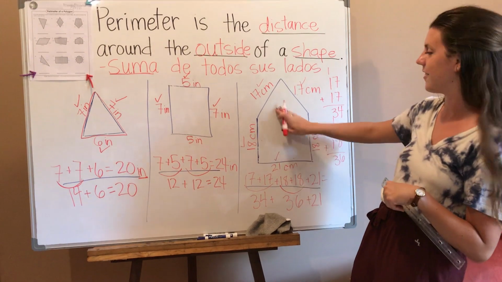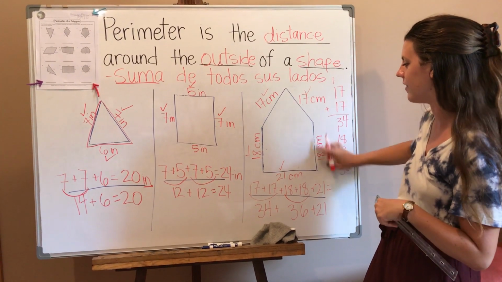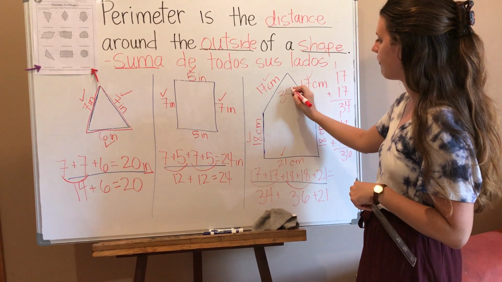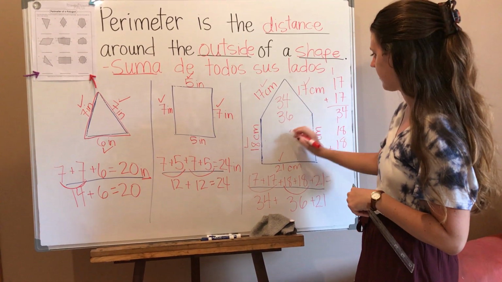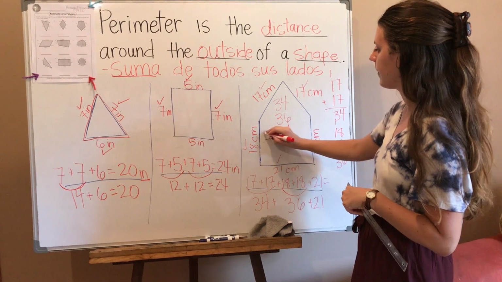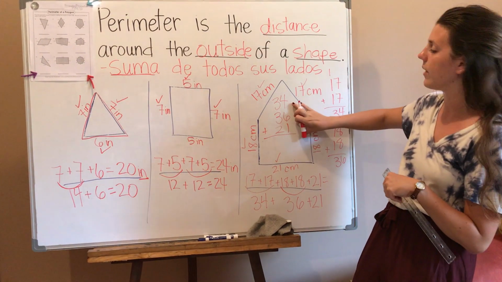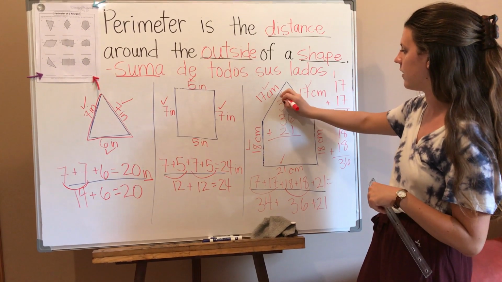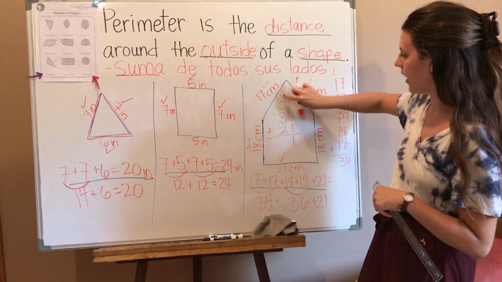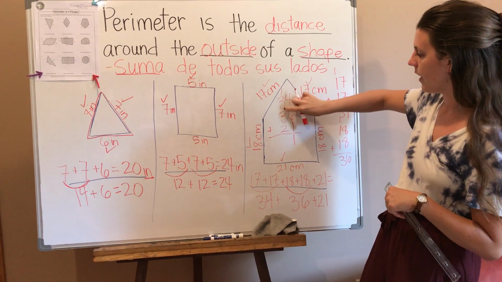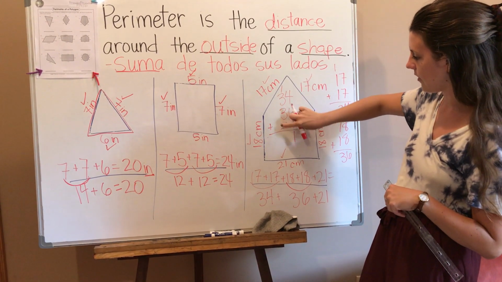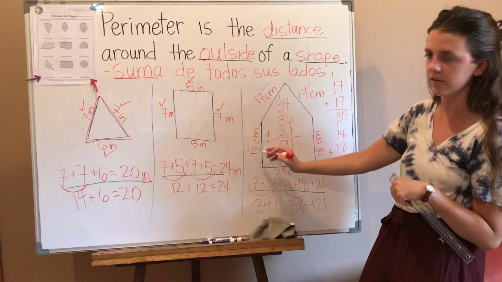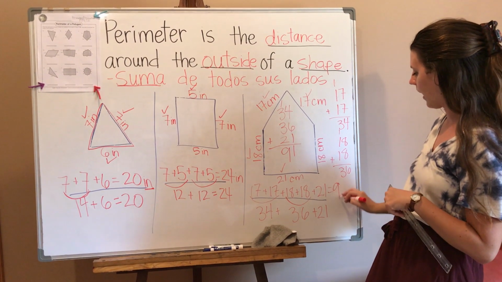I'm going to use the inside of this space, even though we're talking about the outside, because my whiteboard is so full. 34 plus 36 plus 21. Okay, even though we have 3 add-ins, I always start in the ones place. 4 plus 6 is 10. 1 more is 11. 1 plus 3 is 4. 5, 6, 7, 8, 9. What is the distance in centimeters around the outside of this pentagon? 91